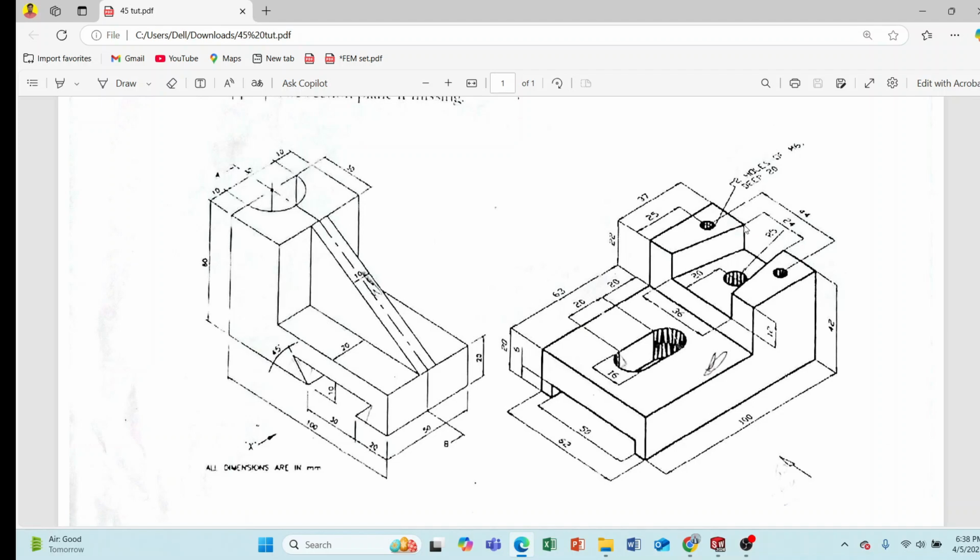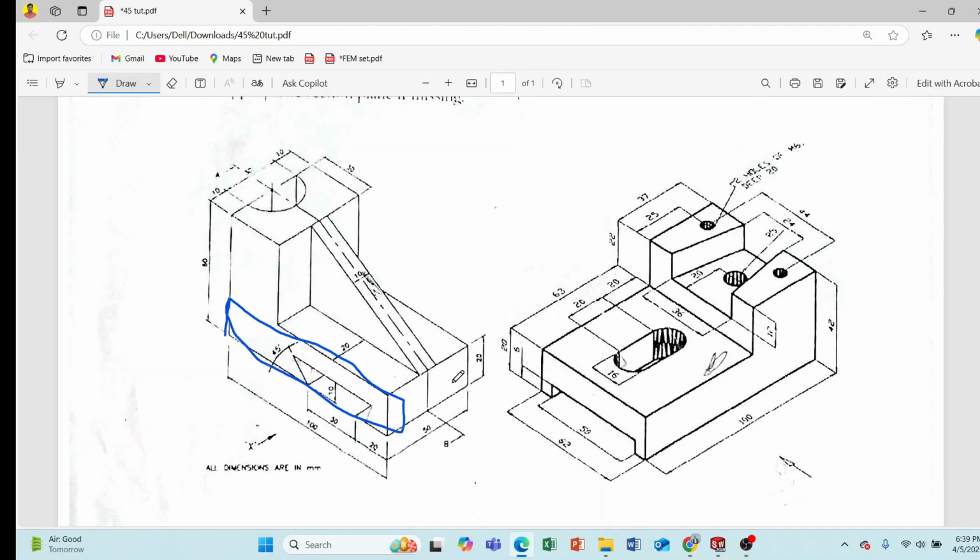These are simple steps. For that, we first have to create one box. This side is 100 mm and this side is 15 mm and each side is 23 mm. So first create this box